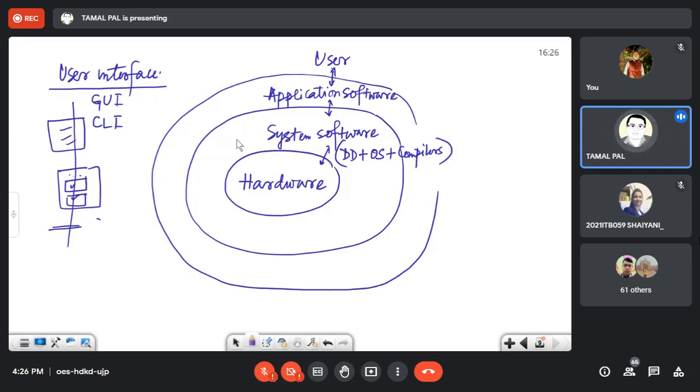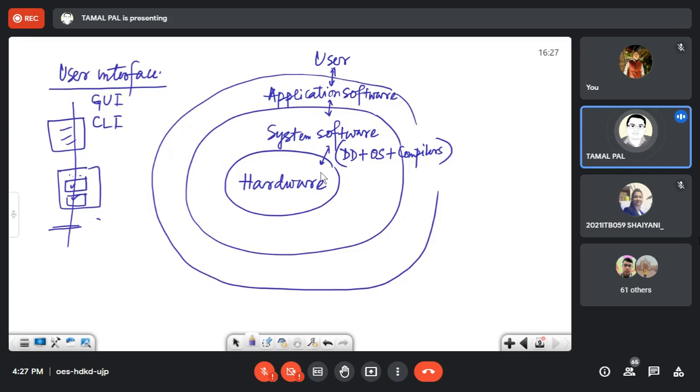Don't forget about the layers, otherwise it will be very difficult, because you can find how important hardware is for a computer system. If you don't know anything about the hardware and you know only the software, maybe sometimes you will mess up, because your instructions may not always cope with your hardware. So this is a very core approach.